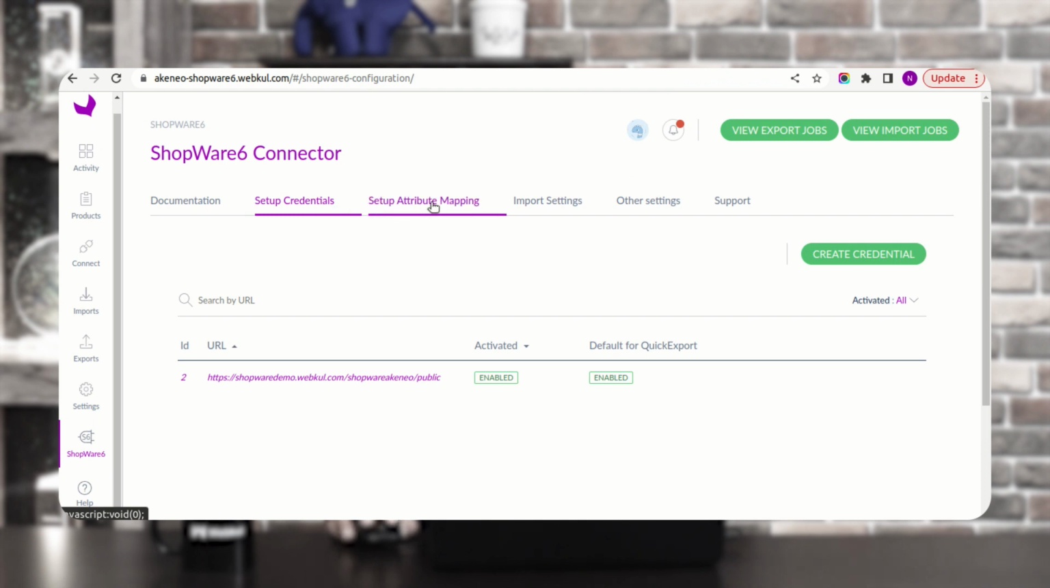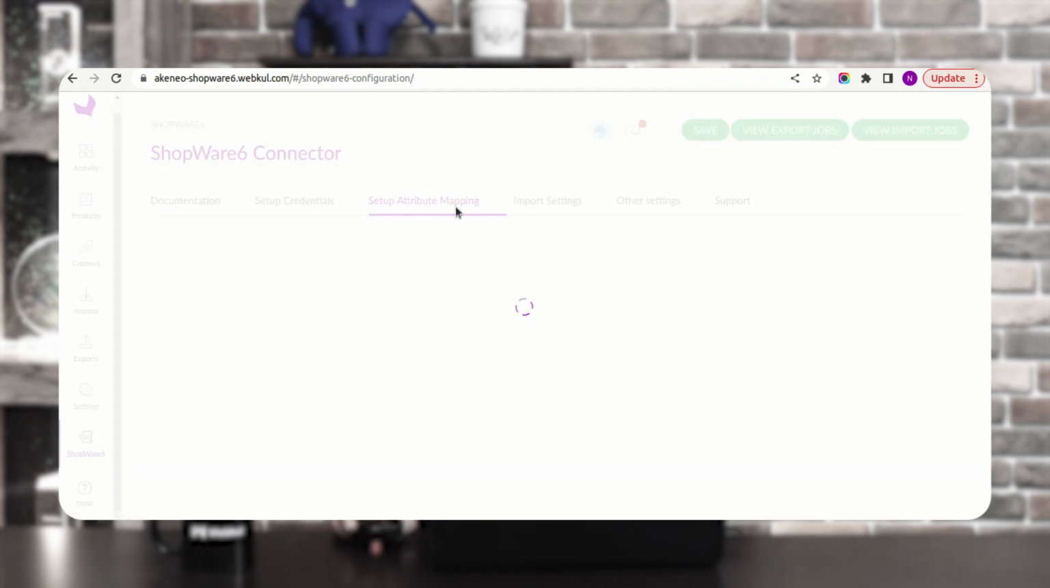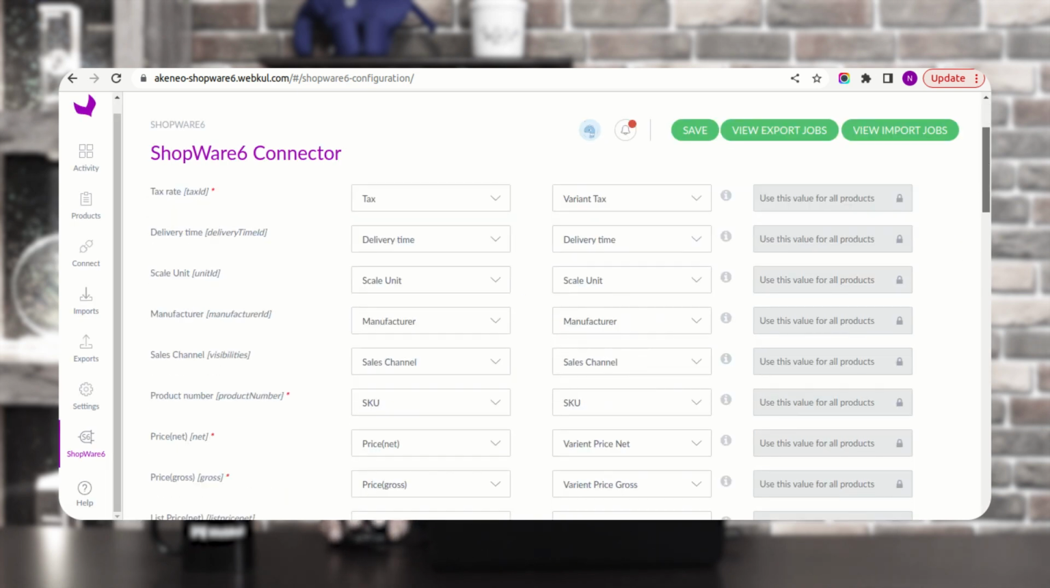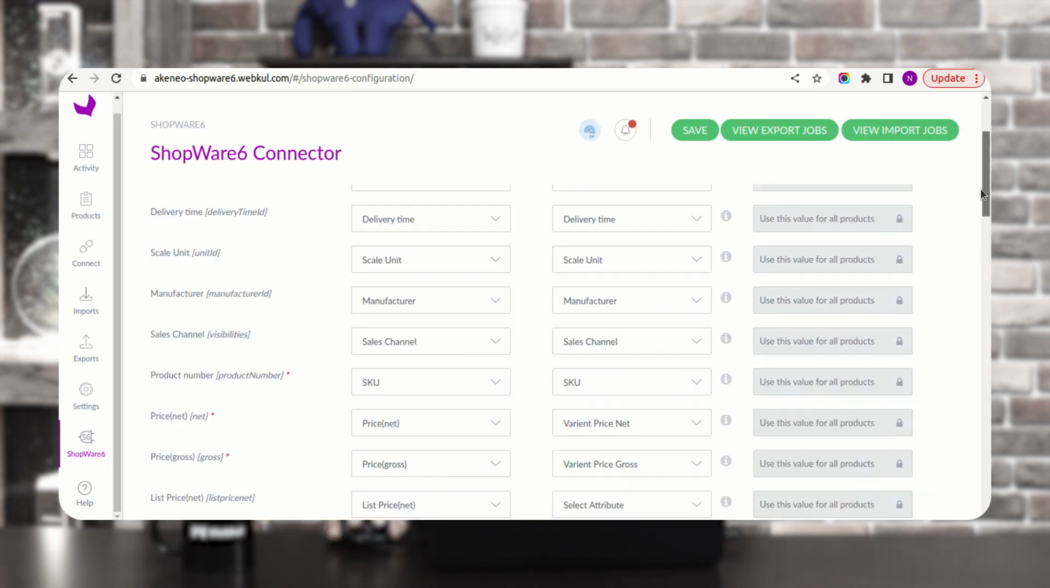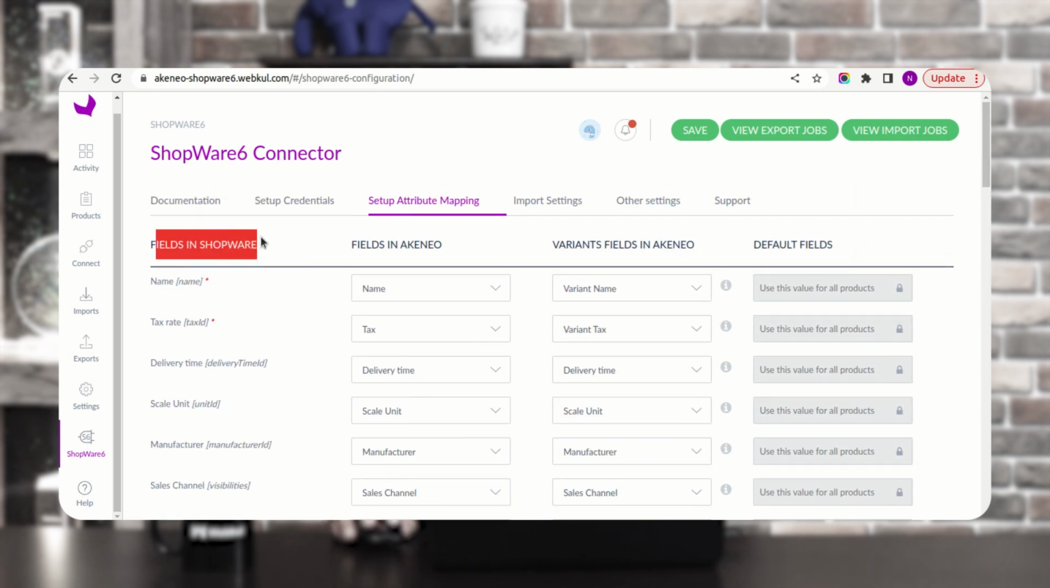Now coming to the set up attribute mapping section, here you will find the complete list of the standard attributes of the fields in Shopware being automatically displayed, and the required ones have an asterisk to the right. And you need to map the fields in Shopware with the fields in Akeneo. Now some of the fields in Shopware would not be available in Akeneo. For that, you need to create simple select attributes for those field values of Shopware in Akeneo,